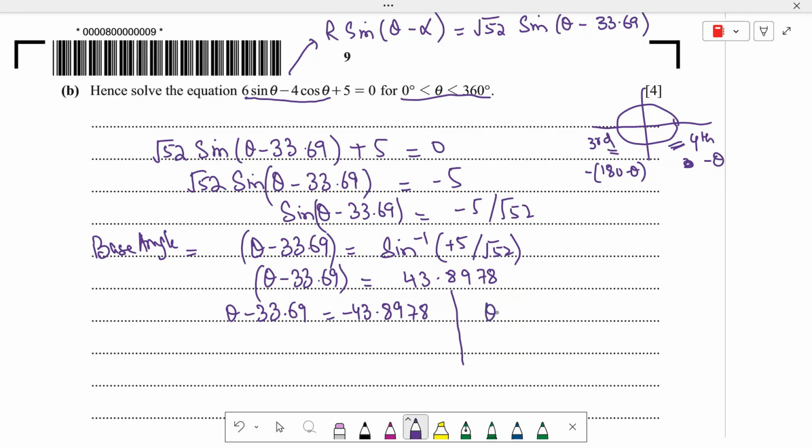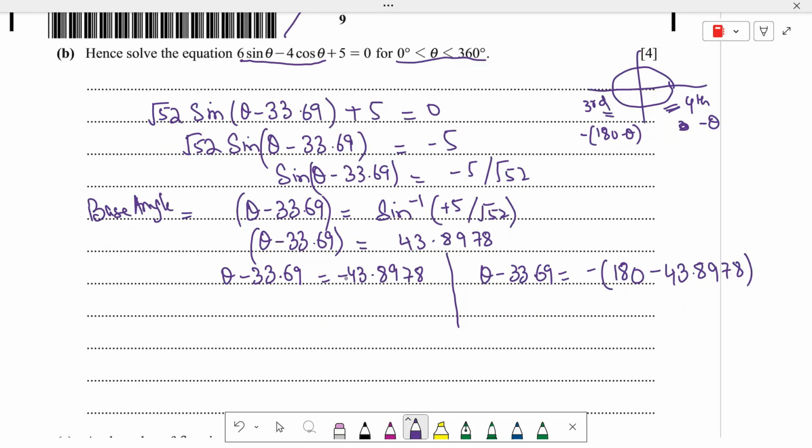So theta minus 33.69 is equal to negative 180 minus 43.8978, and this negative angle can be written as theta minus 33.69 is equal to 360 minus 43.8978, and this one is equal to the